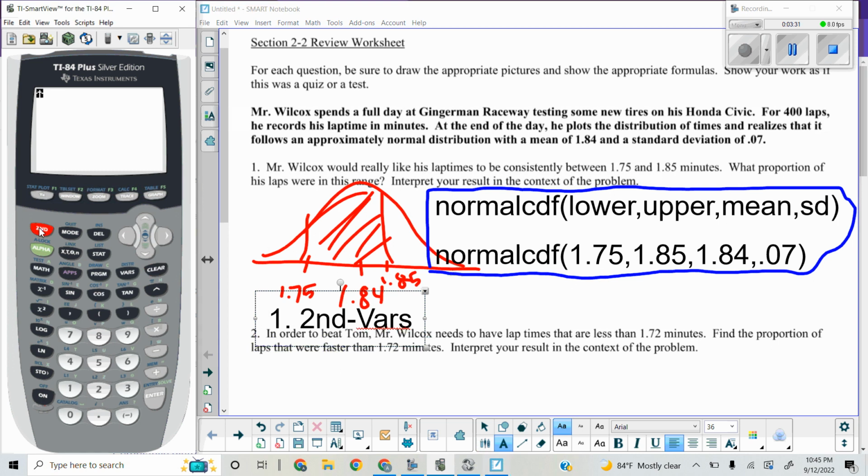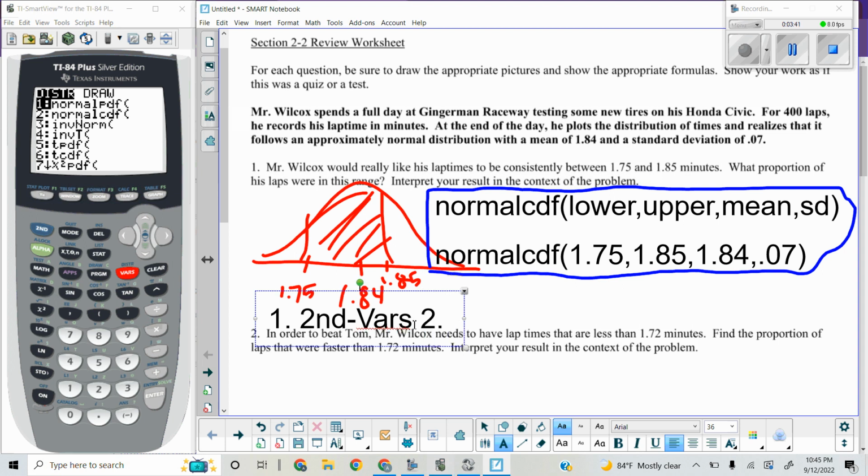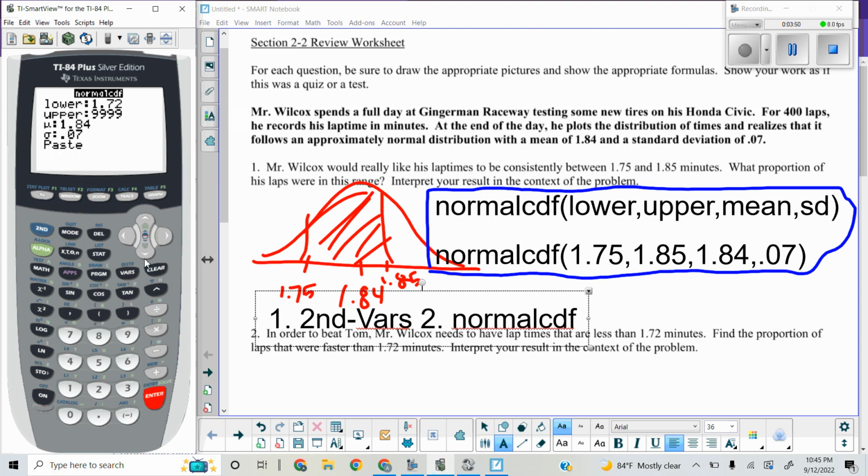So second vars, and this gives us our distribution tab. After you press that, you're going to press 2 for normal CDF, or you can just scroll down to 2, enter,